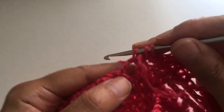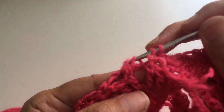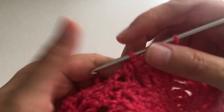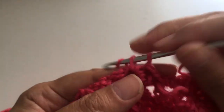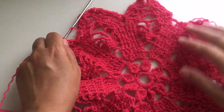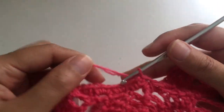Now 1, we leave it on the hook. Here on the chains we make 1, we leave it on the hook. We go in the next one, we make 1 and we slip them all together. That is the other corner. And you continue like that. Here you make 2, 1 and 2, 3 in each one, and you continue like we did that all around. The row is ready. As you can see, I finished with a slip stitch in the first one here,